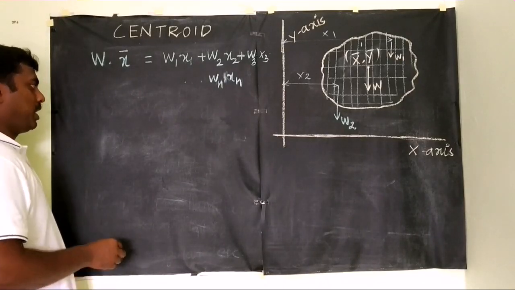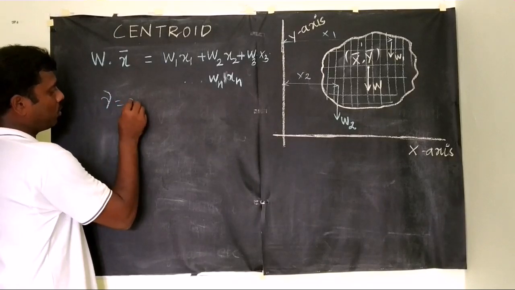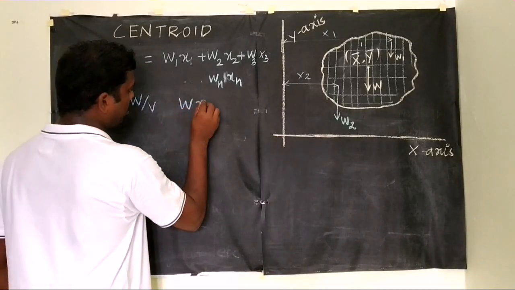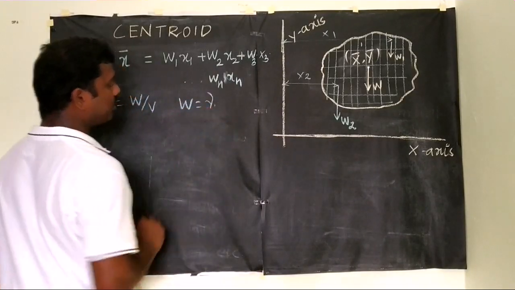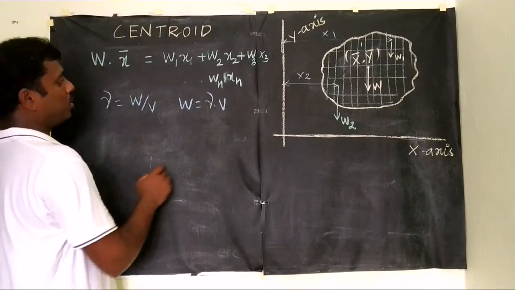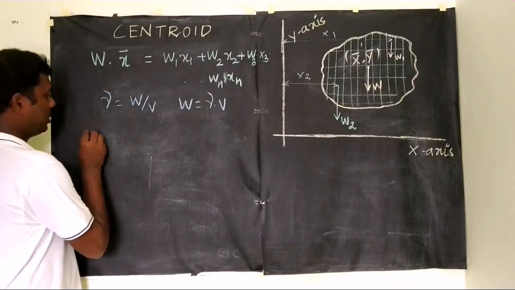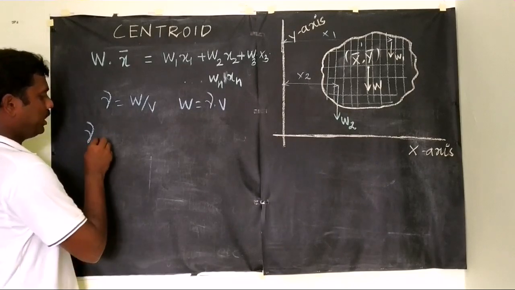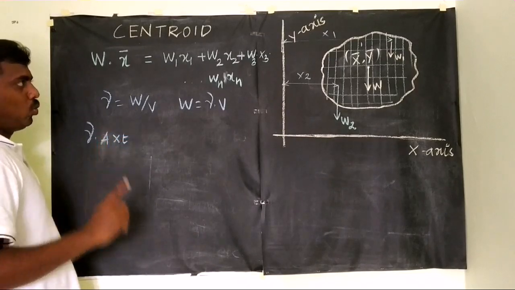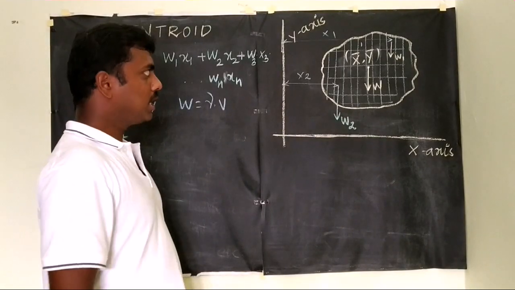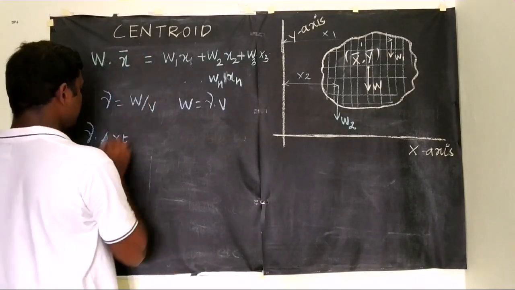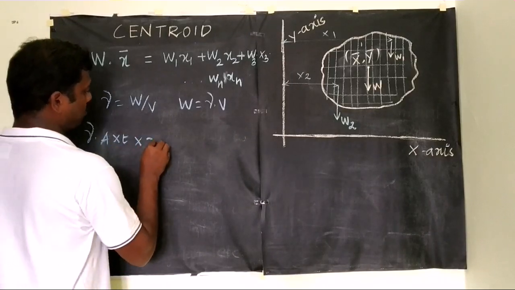Here I am going to replace W with a new term. We know one basic terminology: specific weight gamma equals weight by volume. Here I need the weight, so W equals the product of specific weight and volume. Now I am going to replace W with gamma into V. Volume is rewritten as area into thickness. Here thickness is small because this is a lamina, so it has negligible thickness. Let me assume the thickness of lamina equals T. So the left side becomes gamma A T into X bar.